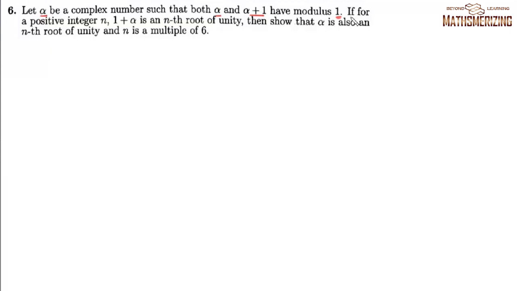And if for a positive integer n, 1 plus alpha is an nth root of unity, then show that alpha is also an nth root of unity and n is a multiple of 6. Now we are given that 1 plus alpha is an nth root of unity. So we can write 1 plus alpha as e to the power iota 2 pi k by n. Now from here we can write alpha as minus 1 plus cos 2 pi k by n plus iota sine